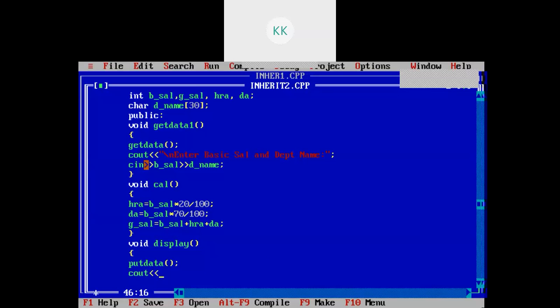I can write cout department name, equals the underscore name, and cout slash n, gross salary equals g underscore sal.